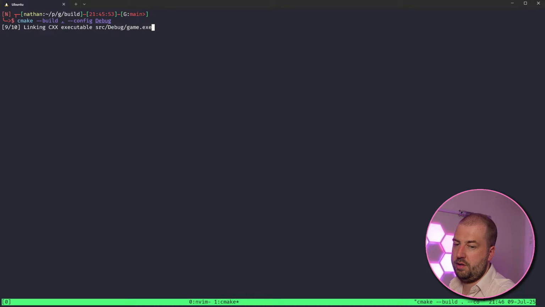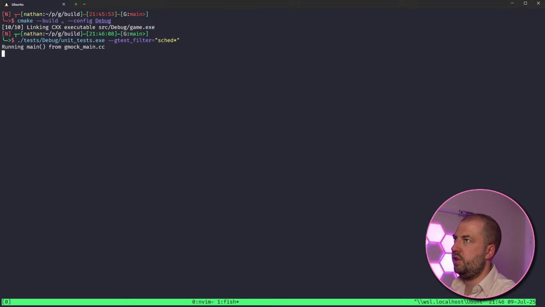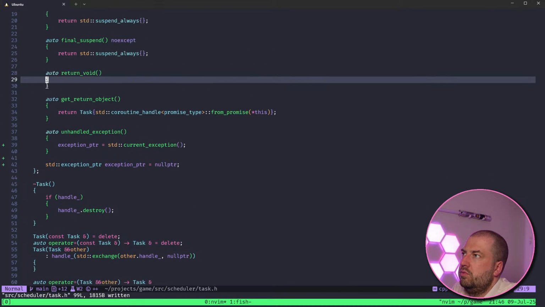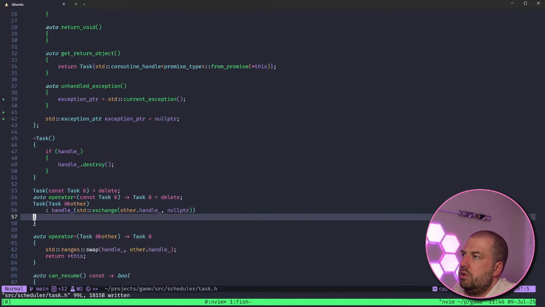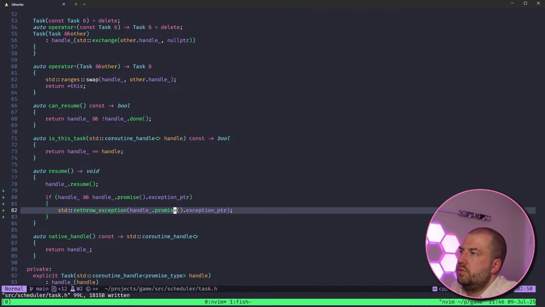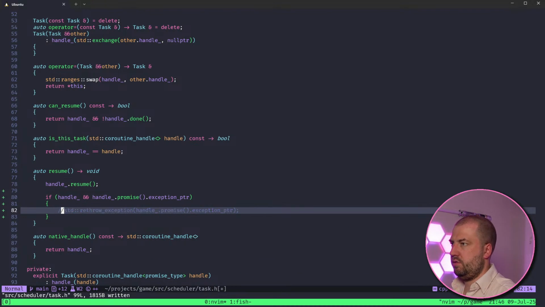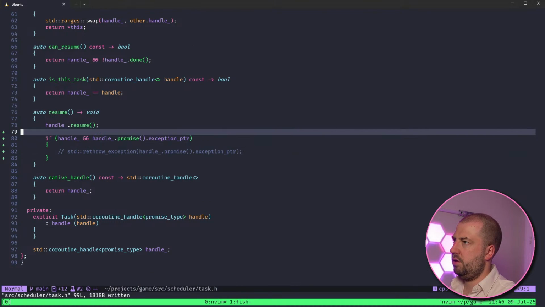I believe exception pointer does what you think it should do. Oh, nope. Okay, fine. I was wrong. Right, I'm pretty sure it's accessing the promise.